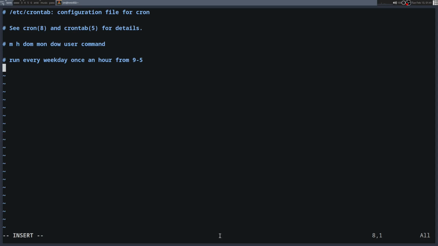What you would do here is you'd put 0 to run on the 0th minute of the hour. You would then do 9-17 because cron uses a 24-hour clock for the hour, and then the date of the month could be anything, the month of the year could be anything, and then the weekday 1 through 5, that is Monday through Friday. And then you would just enter whatever command you'd like to run there. And this will,